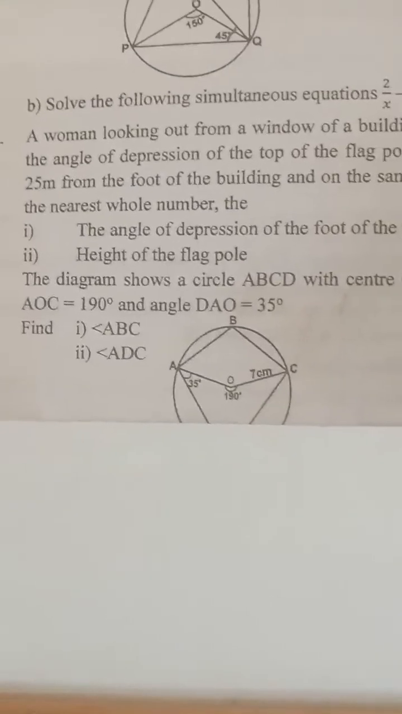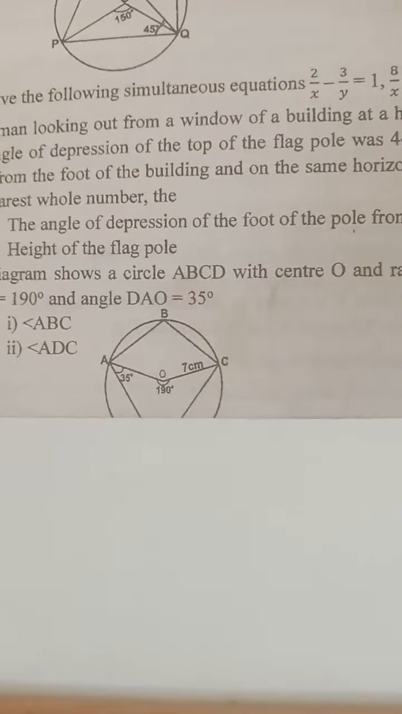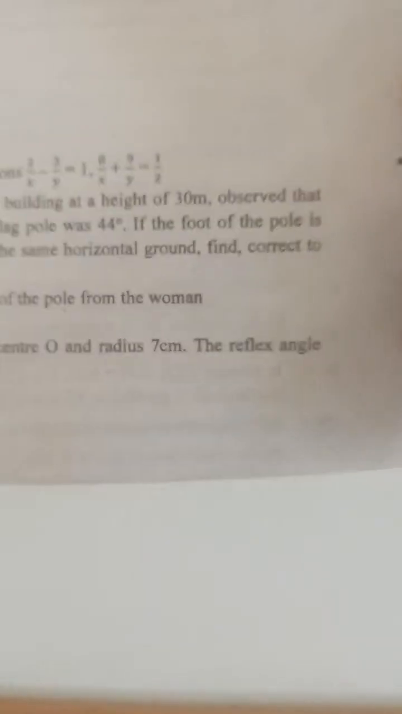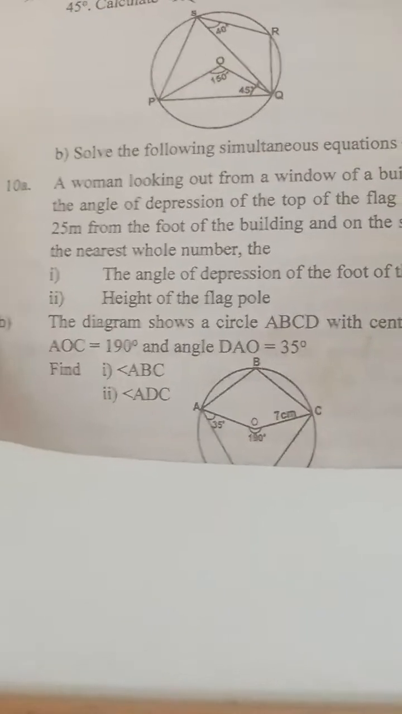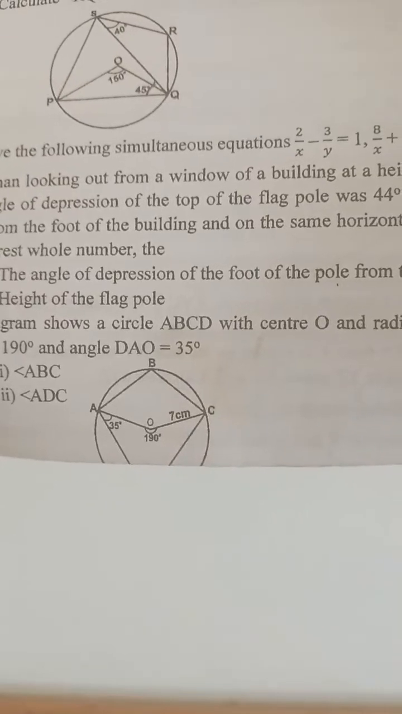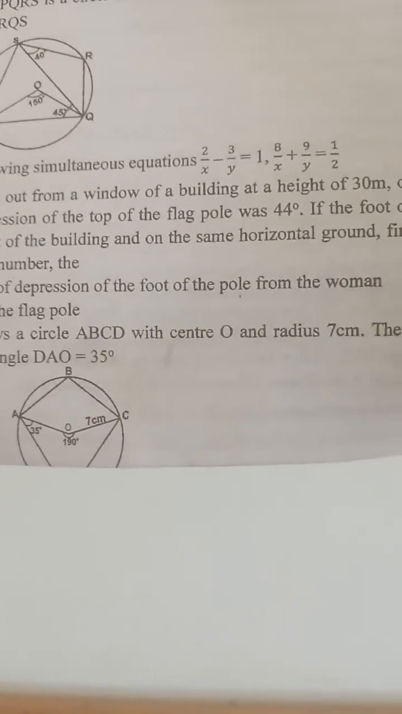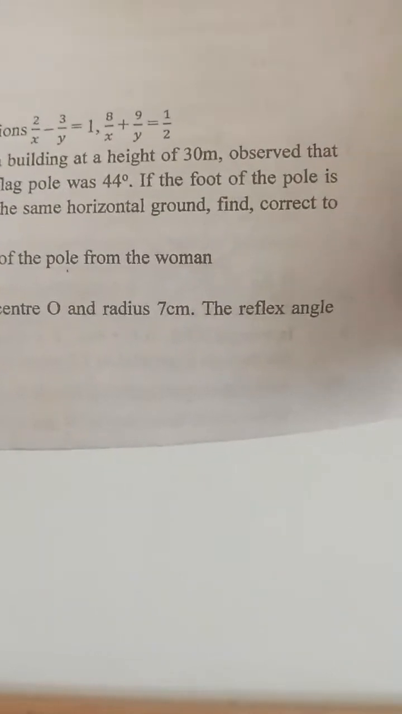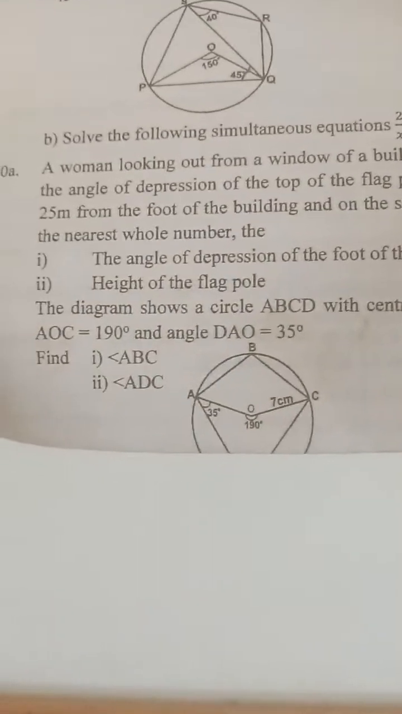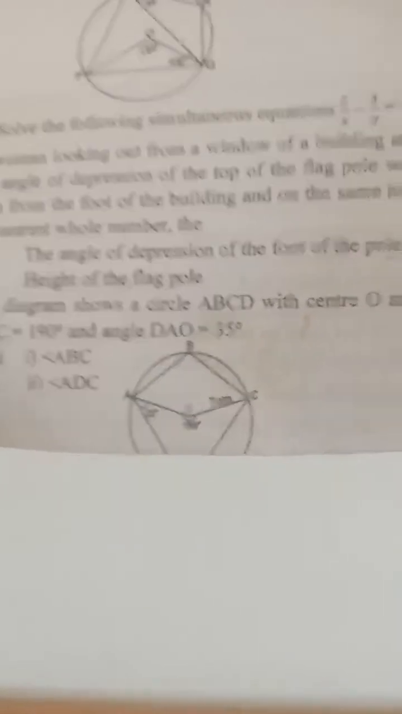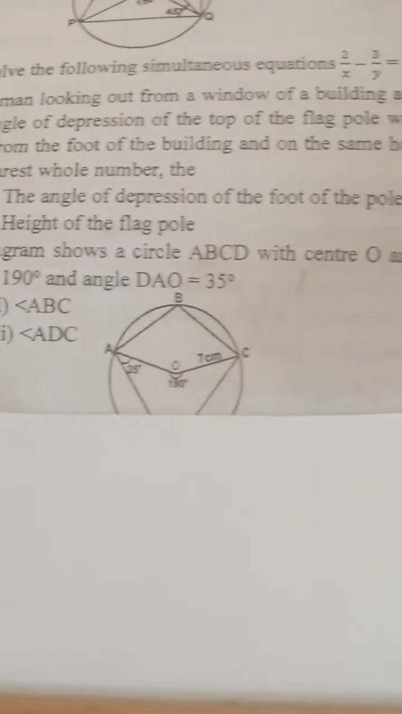A woman looking out from a window of a building at a height of 30 meters observed that the angle of depression of the top of the flagpole was 44 degrees. If the foot of the pole is 25 meters from the foot of the building and on the same horizontal ground, find, correct to the nearest whole number,